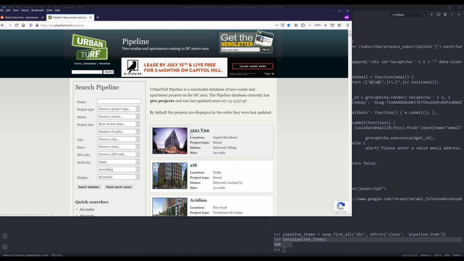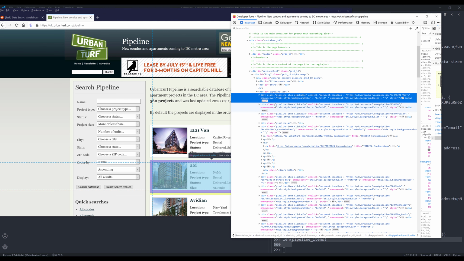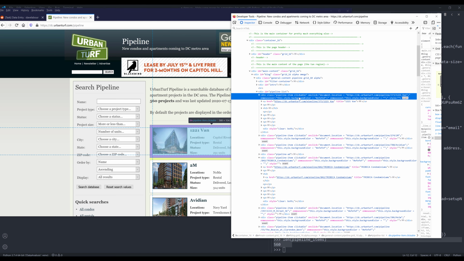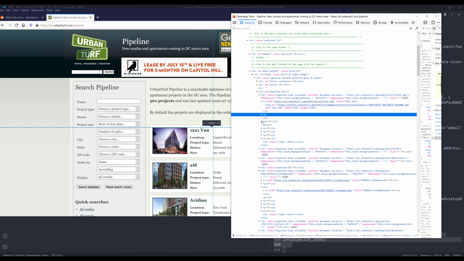We need to extract the listing title, as well as the listing URL, the image URL, and these four pieces of information: location, project type, status, and size. So if we go back to the markup for each container, let's call it container, from this div class pipeline item element, we can see that this element already contains the image URL. And if we expand some of the information,